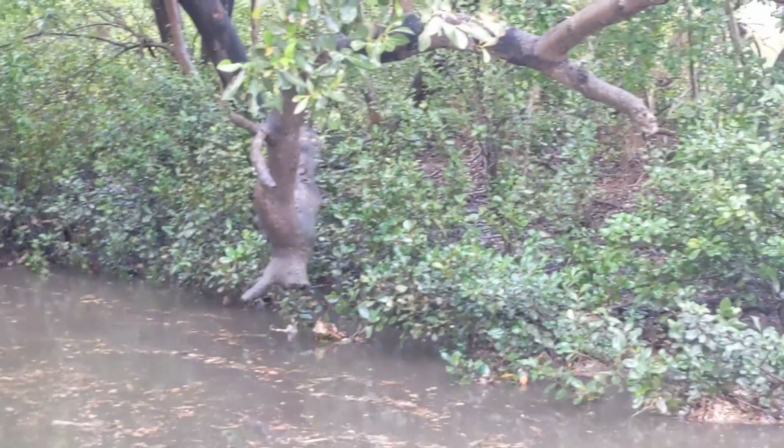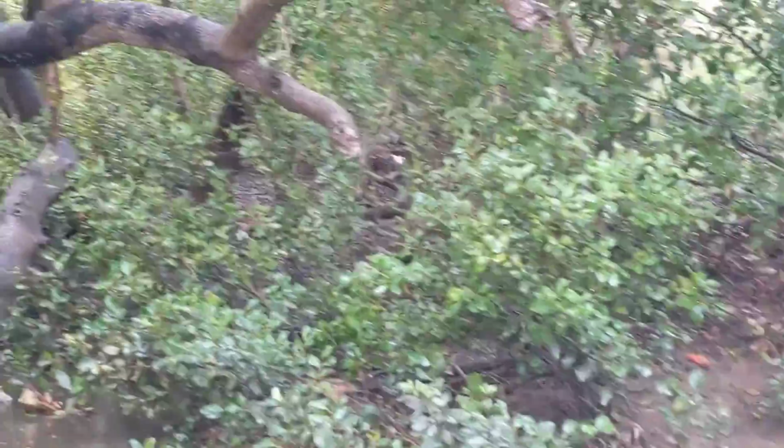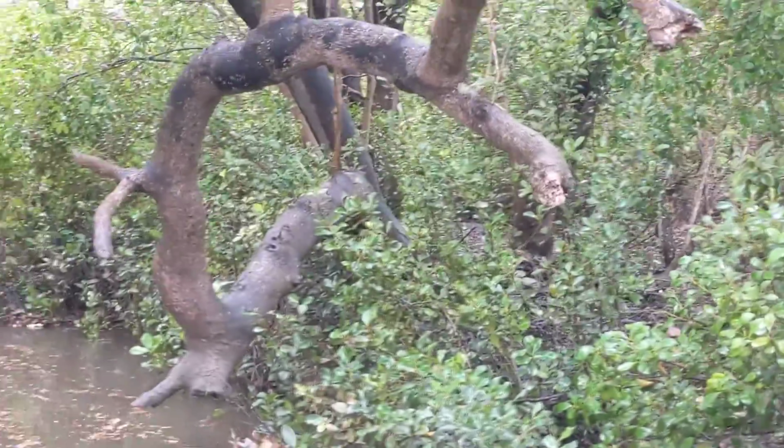Hi, it's Glenn from the Burnett River Clean. It's the 24th of August. We just had a little downpour of rain. It wasn't a great deal, but you can see in this drain area here,